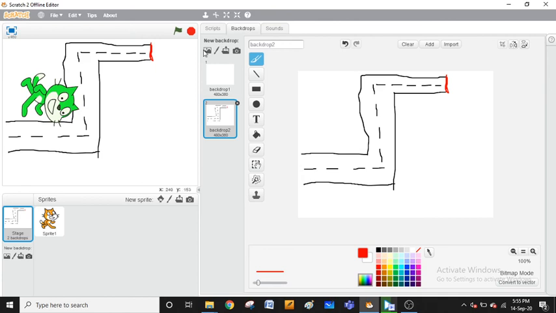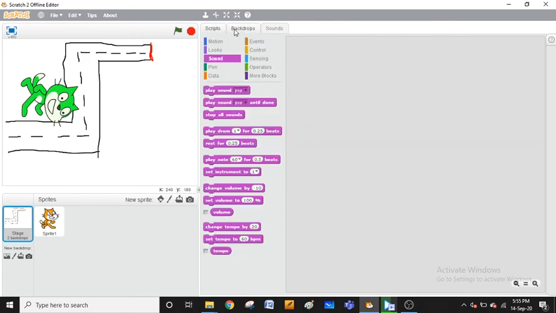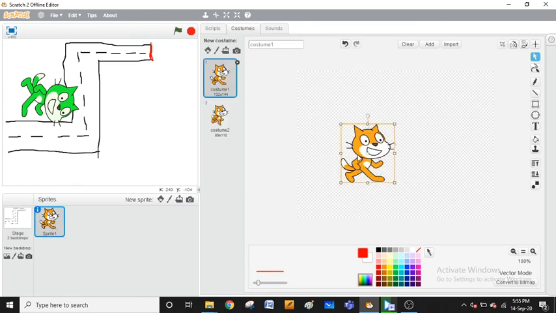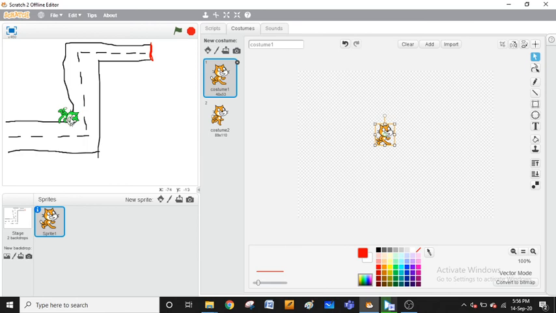Okay, now you got the sprite. Backdrops over, now costume. Let's take the sprite. Decrease the size of the sprite. The sprite should start from here, and once it reaches here, it goes up, and again it reaches here. It should wait for 2 seconds. It goes up, and again it should go to the right side. And once it touches its particular red spot, it should say that I reached the destination.